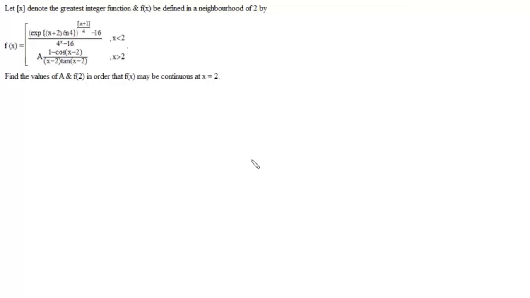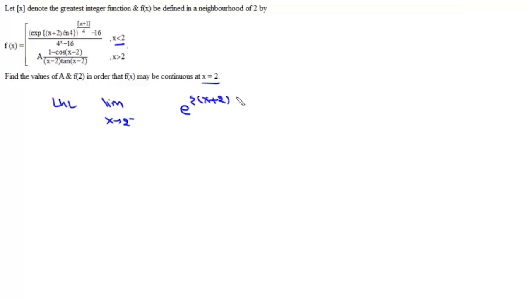Now here the question is, we are given this function and it says, if f(x) is continuous at x equals 2, find the value of a and find the value of f(2). Now what we'll do is, first we'll write its left-hand limit. Now left-hand limit will be limit x tends to 2 negative, and when x is less than 2, this is the definition. So this is e to the power